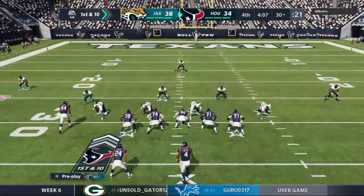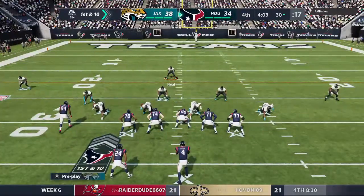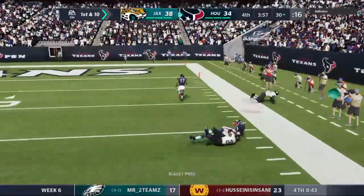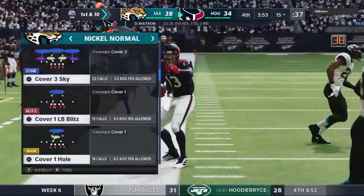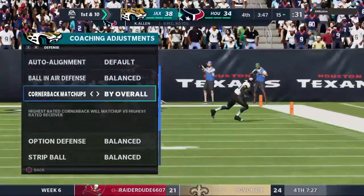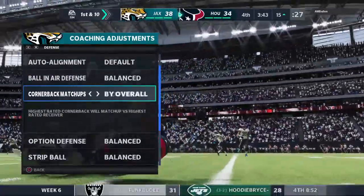So 1st and 10 now from the 30. From the gun, Watson. And he's going to find that man yet again, Keenan Allen. And taking it to the 15-yard line before he's brought down. 15 more there, and they're on a roll. It's another first down. Texans first down. 1st and 10 at the 15-yard